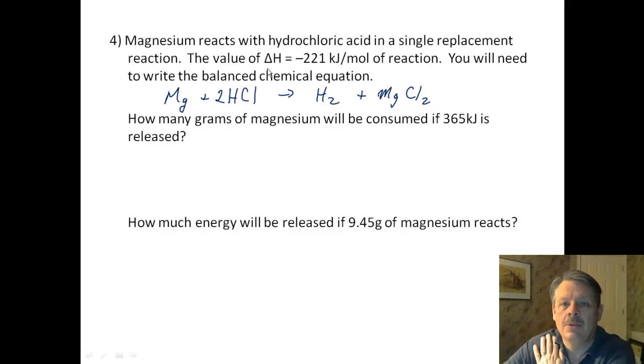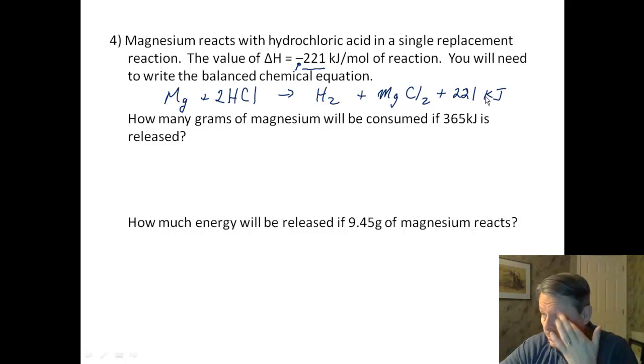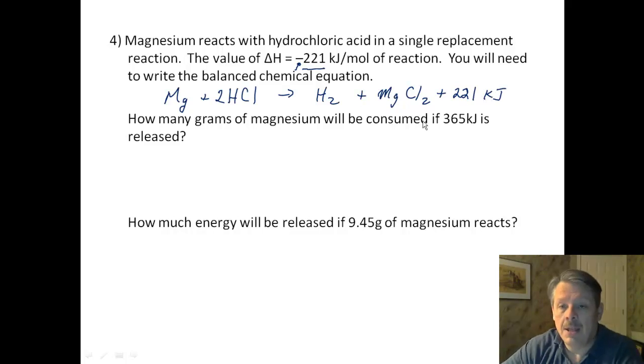Okay, let's see. The value is -221. What does that mean? When we see the negative sign, that means it's exothermic. That means we are producing energy. So my 221 kilojoules goes over here. All right. How many grams of magnesium will be consumed if we produce 365